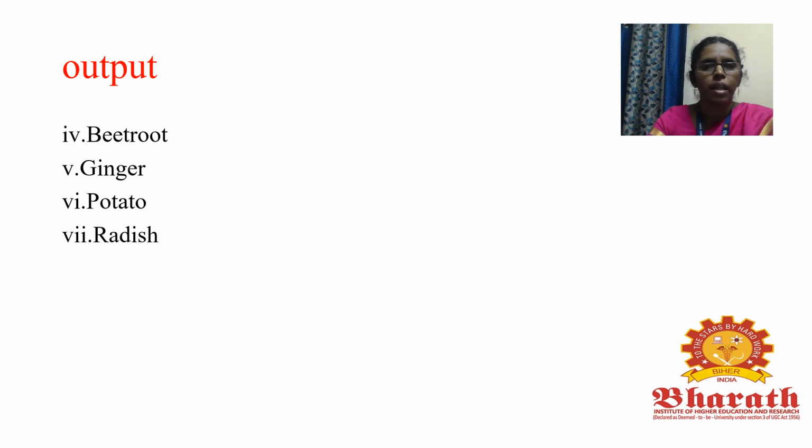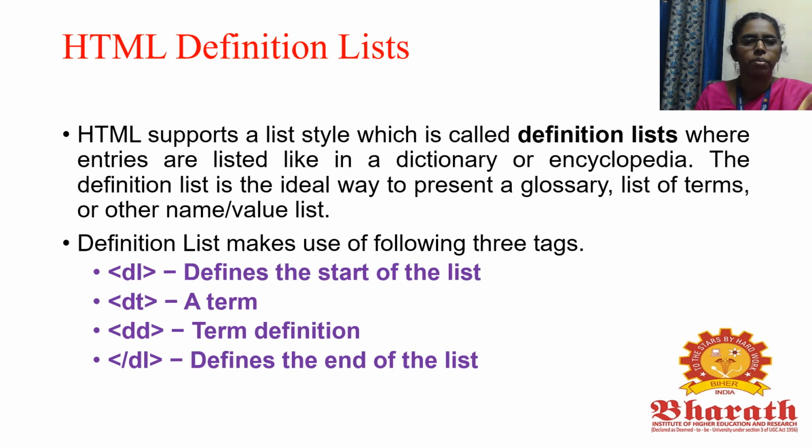So clearly we can understand what an ordered list is. An ordered list is nothing but a set of related items that are displayed as a numbered sequence. Within that we have two types of attributes, the type attribute as well as the start attribute.